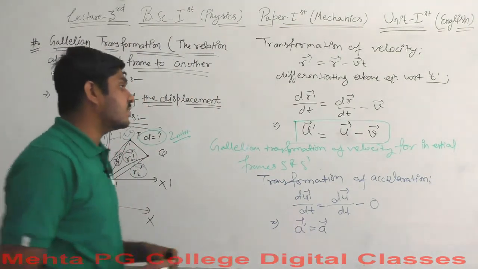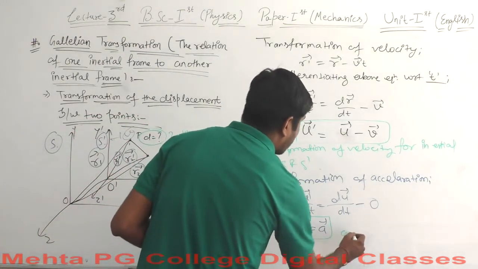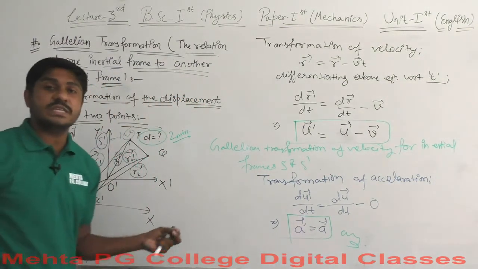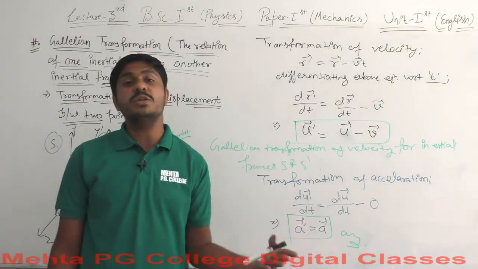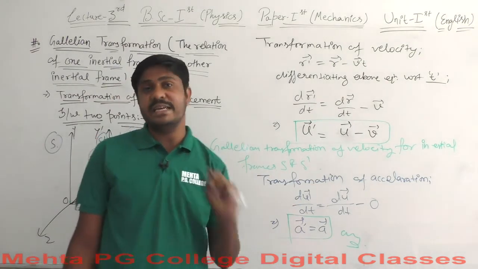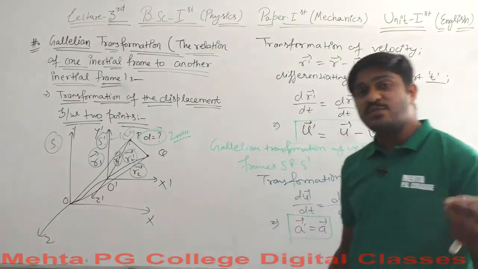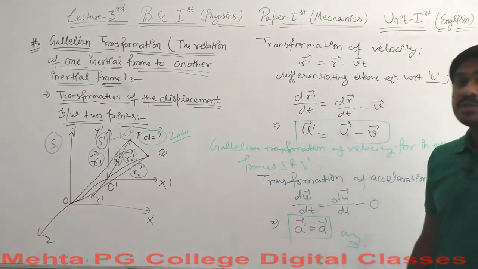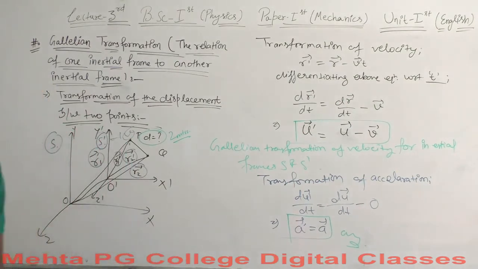So this is the result for the transformation of acceleration which we were supposed to calculate, and we concluded from this result that the Galilean transformation equations for two inertial reference frames S and S dash will possess the same acceleration for a position or displacement of position. Okay. So this is what we are supposed to calculate. You can take a screenshot for your reference, then we will proceed further for our new examples.